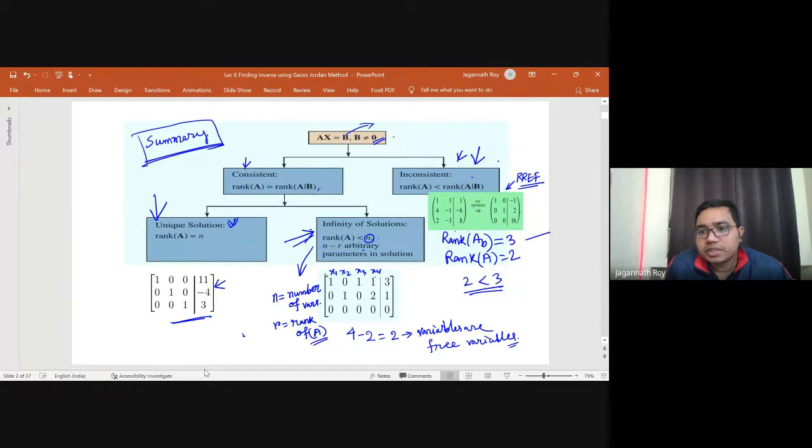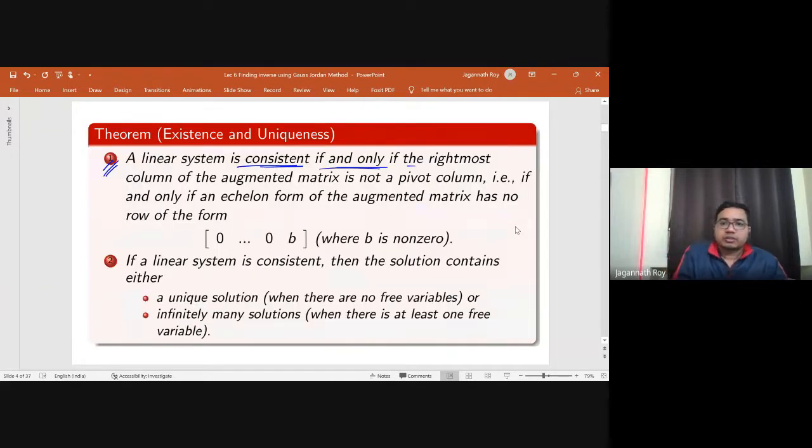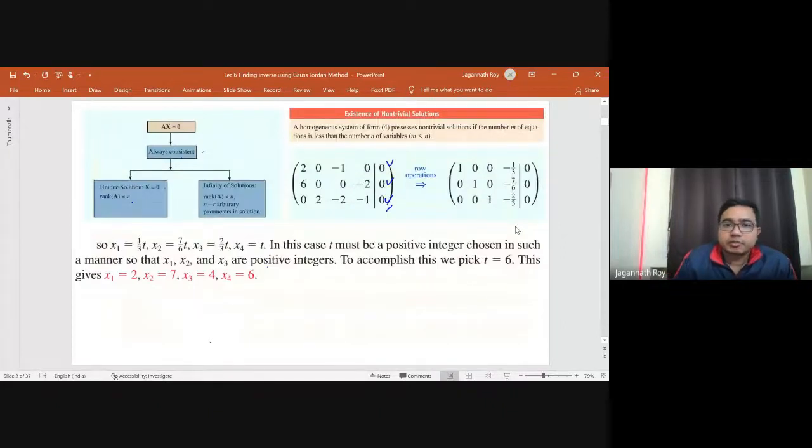So the theorem says if we have a non-zero row of this form in the rightmost column of the augmented matrix, so 0, 0, B, which is non-zero,